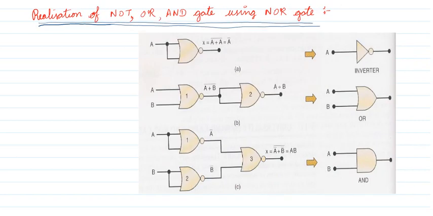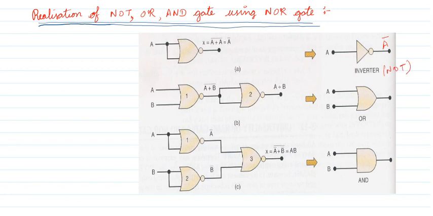Now, using the NOR gate, how do we realize these? So what is the NOR gate? Both the inputs are connected to the NOR gate input. So A plus A whole bar. 0 plus 0 is 0, 1 plus 1 is 1, so A plus A is A, so the output is A bar. So the input is A and the output I am getting is A bar. So this is nothing but your NOT gate, or inverting gate.